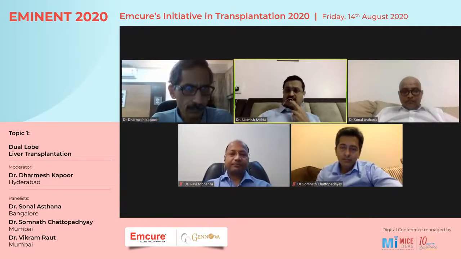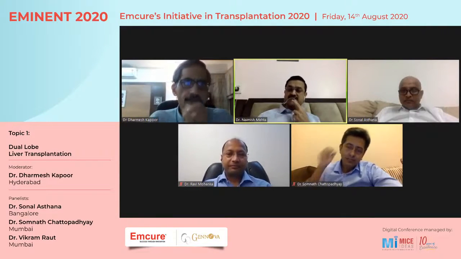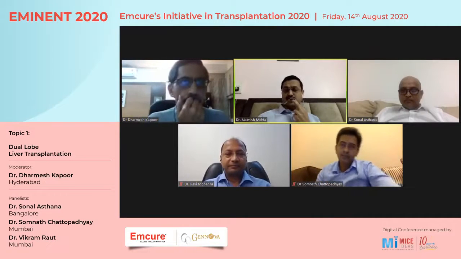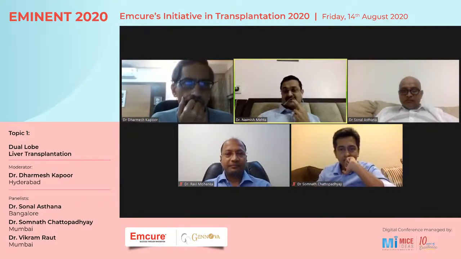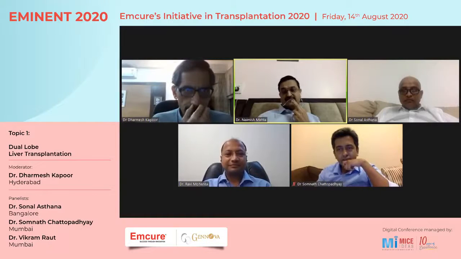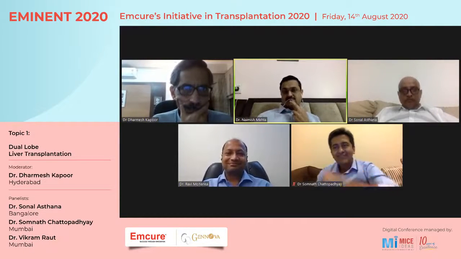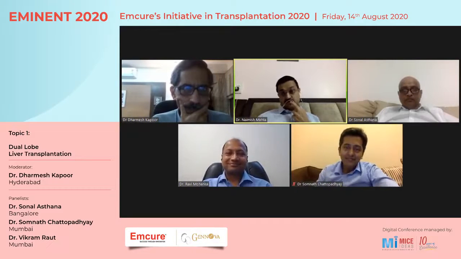And from the data I was looking at from the Asan Medical Center, what they are doing now is dual lobe. They are preferring dual lobe, and it's not only for the low GRWR. Now they are using a lot of grafts which have hepatic steatosis up to the tune of 70 to 80% hepatic steatosis. That is surprising, and I'm not sure any of the centers in India would be brave enough to use two grafts, both having 70% steatosis. That is what I think Asan is doing at present, and they have shown good results with that.